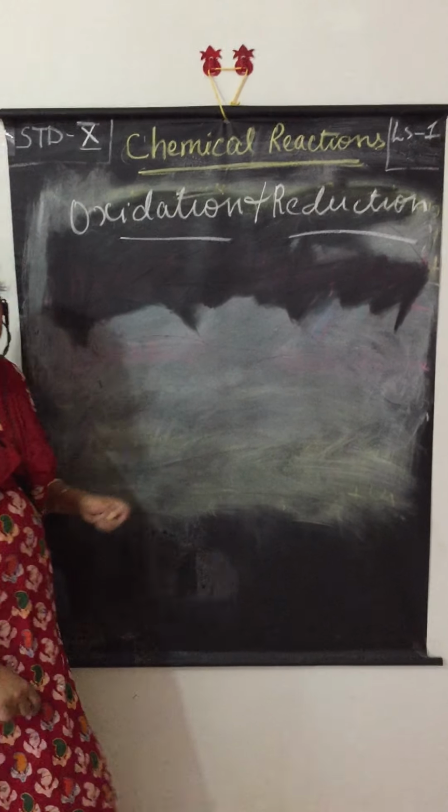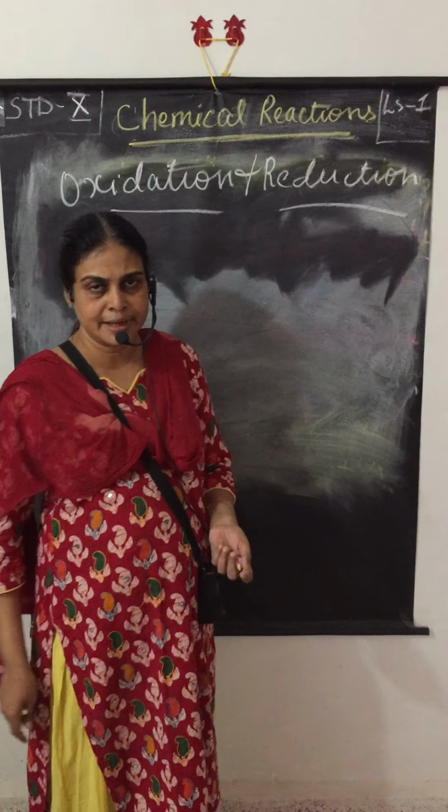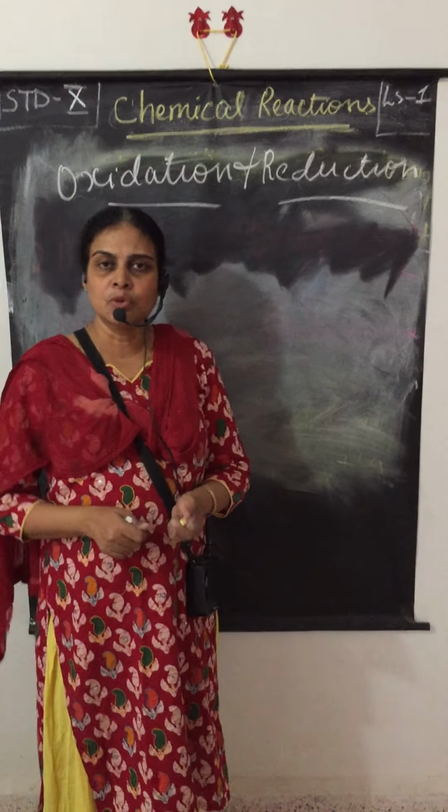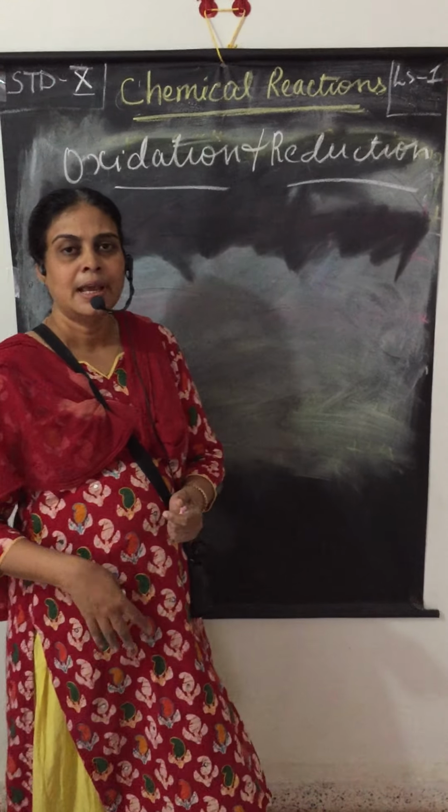What is meant by oxidation and reduction? Oxidation means the addition of oxygen in the chemical reaction, and reduction means removing oxygen, or addition of hydrogen, which is called the reduction, and removing